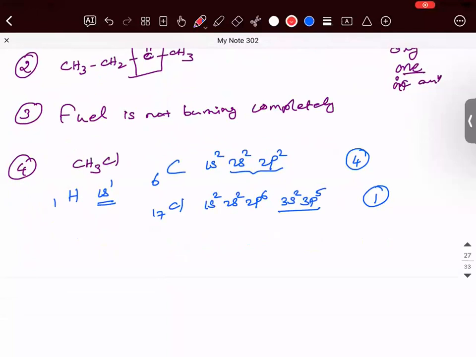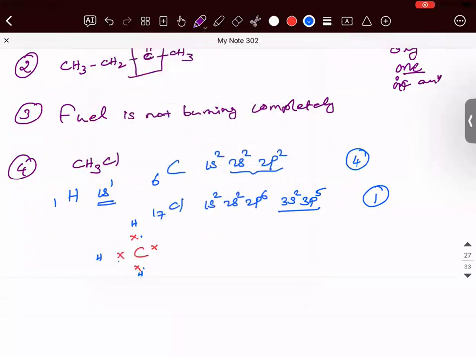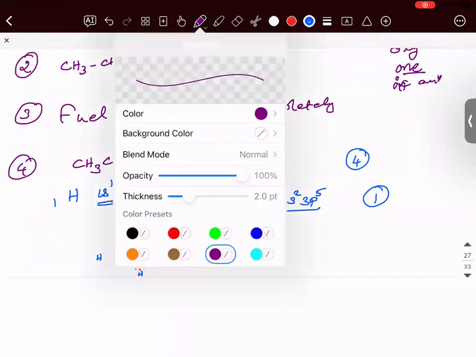You can take the carbon atom in the middle, which has 1, 2, 3, 4. Okay. And then you have the hydrogen atom. Hydrogen will have only 1, 1, 2, 3. Okay. That chlorine. Third one is chlorine. One, two, 3, 4, 5, 6, 7. So when you are looking at this,